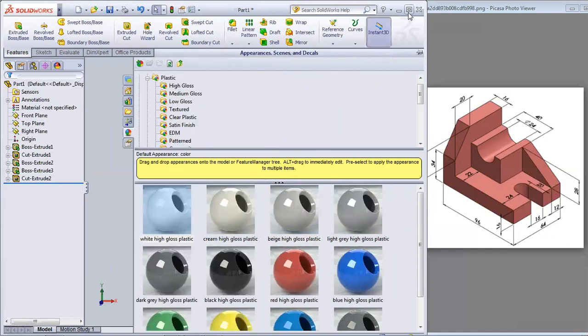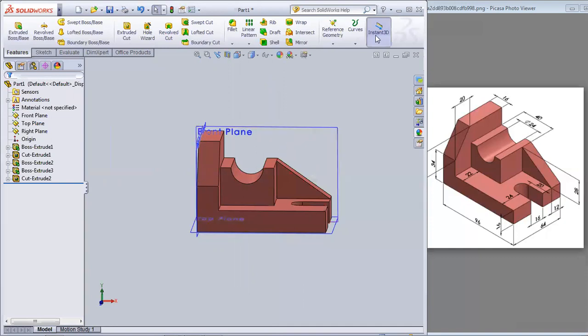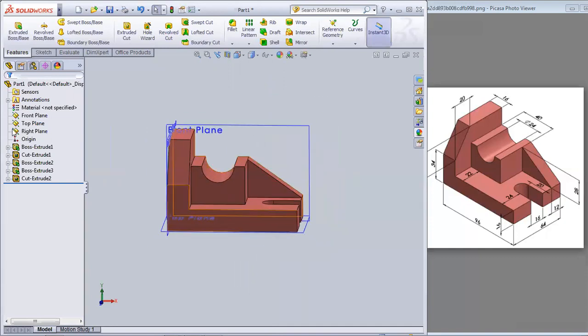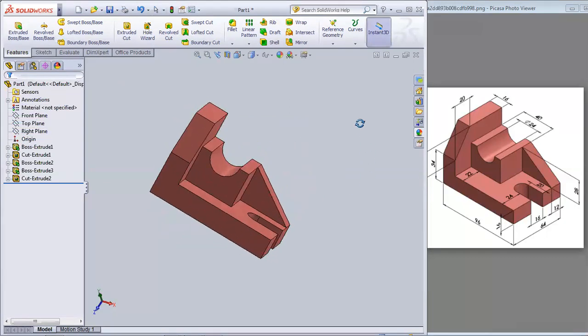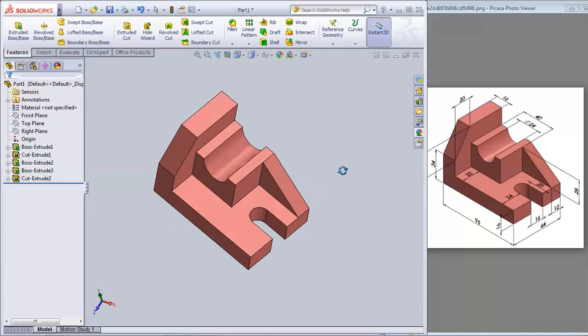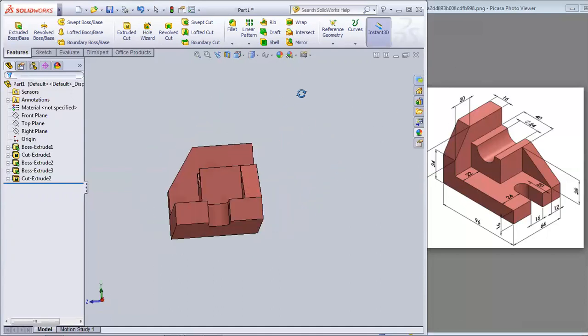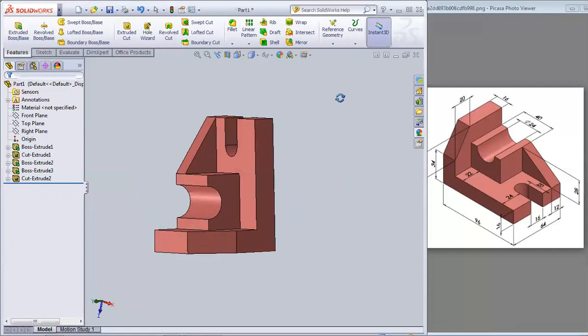Okay, so this will be here. Now I do not need these three planes, so I will be hiding these three planes now. One, two, three. I have selected them. Then just hide it, right? So this is your complete product, right? All right. So this is a complete product.